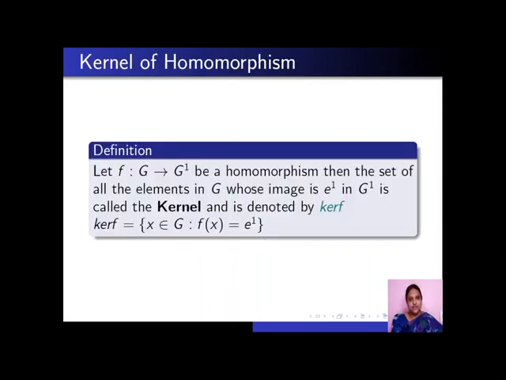Now, let us define the kernel of a homomorphism. Let f maps G to G dash be a homomorphism, then the set of all elements in G whose image is e dash in G dash is called the kernel and it is denoted by kernel f. So here kernel f is equal to the set of all elements x belongs to G such that f of x is equal to e dash. So here we can see